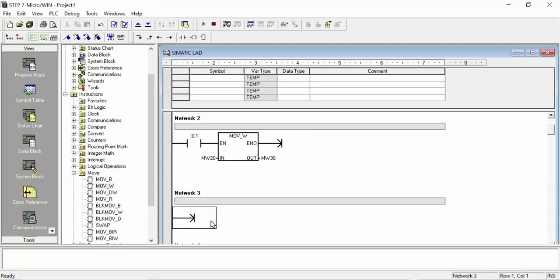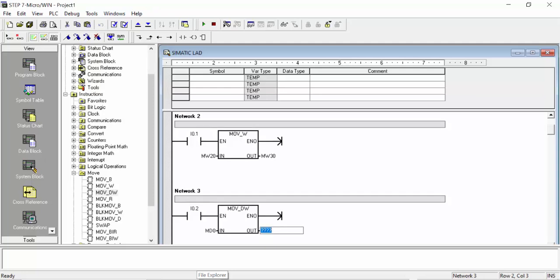And in the next row we will choose one more contact. I will take an open contact and MD data registers we can choose. I0.2 contact I will choose for this one, and here we can choose MD0, for example this data register, and I will move this value in MD20. If I write it here, for example MW20, you can see it will not be accepted because this is double word data. It must be MD10 or MD0 you can use only, and this MD starts from this data